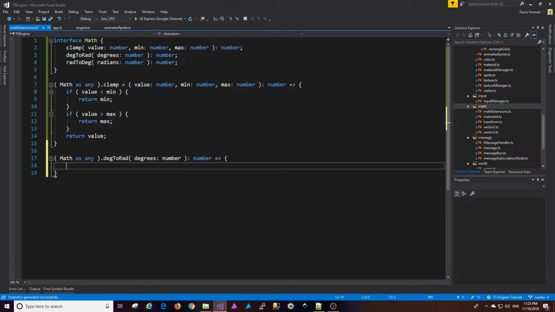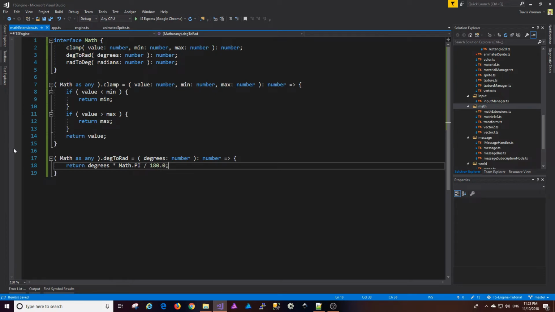And the algorithm for this is pretty simple. So we're going to say return degrees. Whoops, I messed this up here. That should be an equals there. Okay, so we're going to say return degrees times math.pi divided by